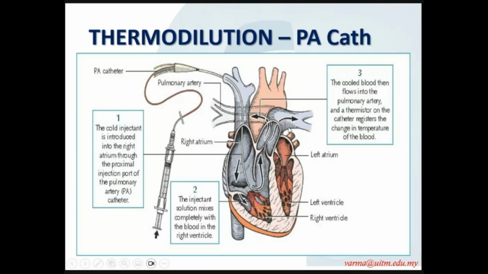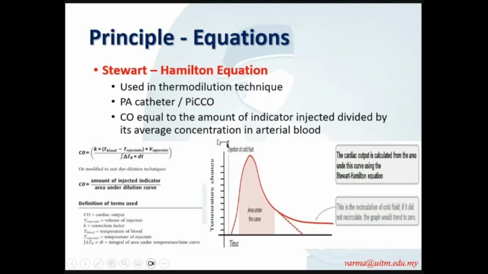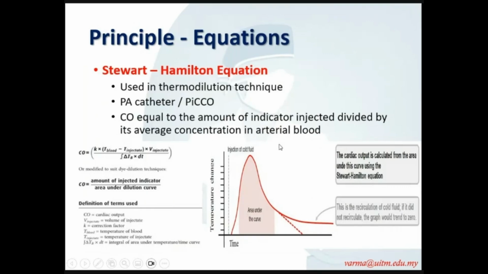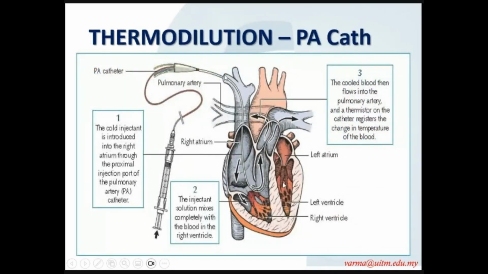It knows the warm blood temperature. Then you inject a cold fluid. The cold fluid will travel all the way and reach this thermistor. The moment it reaches the thermistor, it will pick up that cold temperature. That goes into your temperature of blood minus the temperature injected. The time taken for this cold saline temperature to reach this thermistor is the way they calculate the